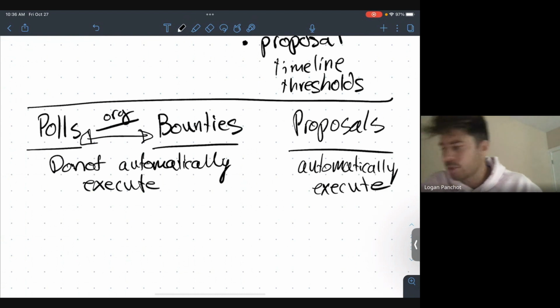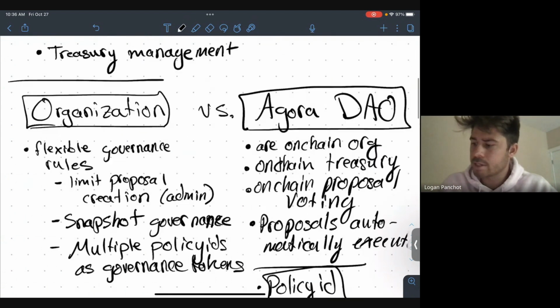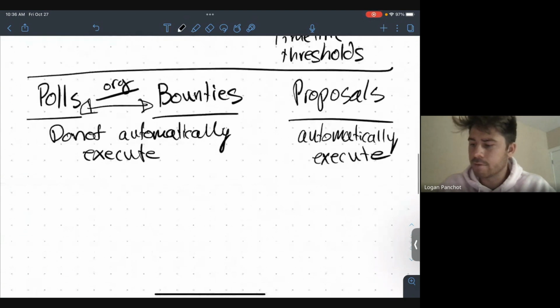All right, so when you have an Agora DAO, as I mentioned before, you do not lose the functionality of everything you have. So you are able to leverage polls and bounties so that you can get community sentiment in a more off-chain way. You can narrow down things to vote on. You can get community sentiment and things like that with the polls and bounties. And then with proposals,